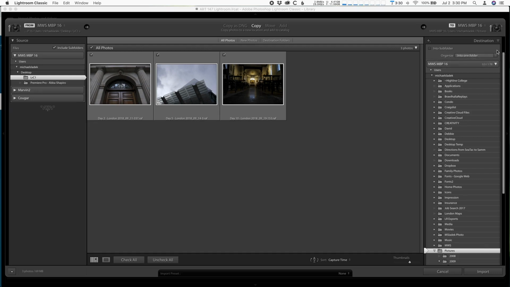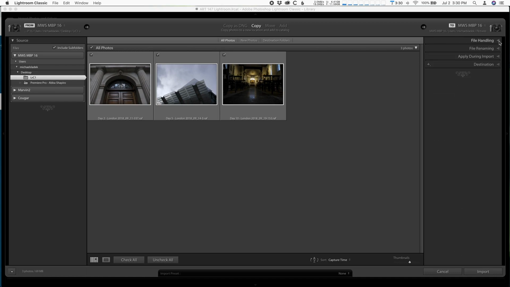We're done with that. So I'm going to close the destination panel. I'm not going to use that anymore, so I'm going to close it. So that's the first part of setup. Now I'm going to walk you through the 3 steps we're going to do every time we import photos, and there will be some setup along the way, but I'm going to start at the top, and the first step